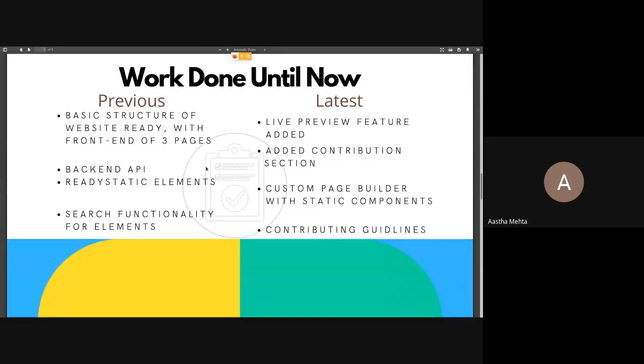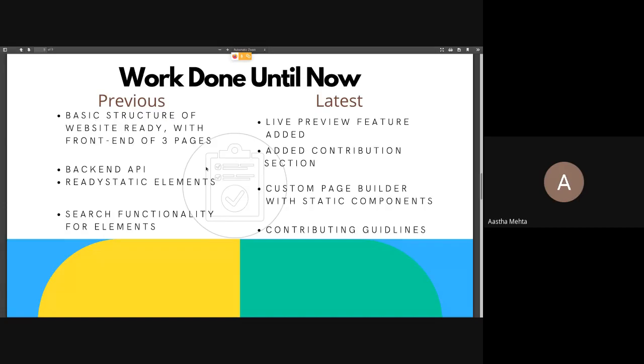So in the previous review, we had the basic website structure ready, which consists of 3 pages, and made the backend API and static elements. Now we have included the new live feature and a contribution section, making it easy for users to use.